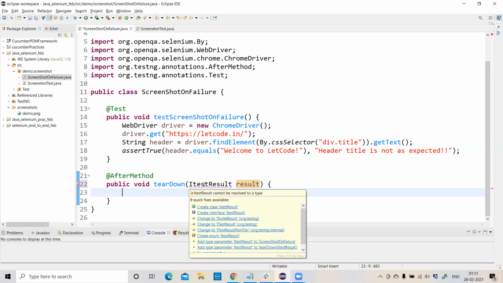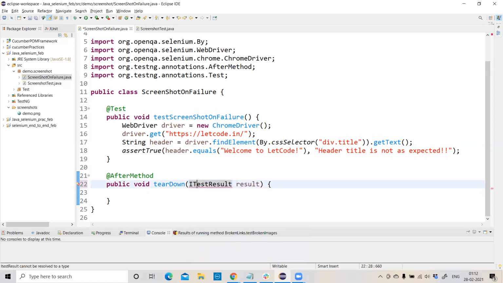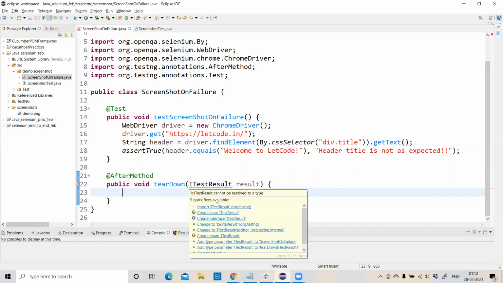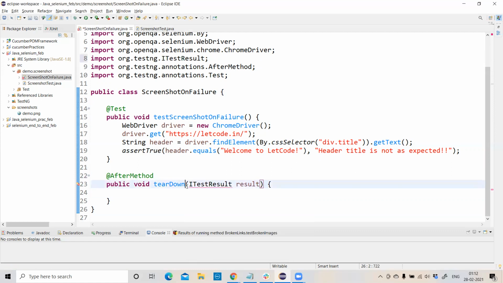So just import this interface. Right now it is showing it cannot be resolved. T should be capital. So just import ITestResult from org.testng.